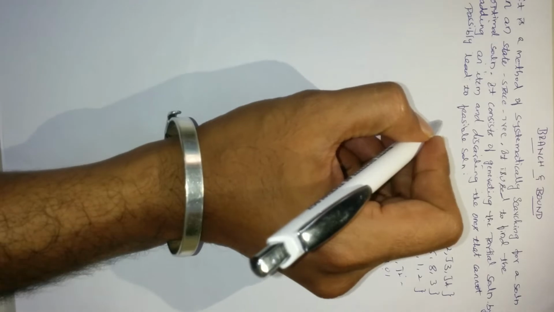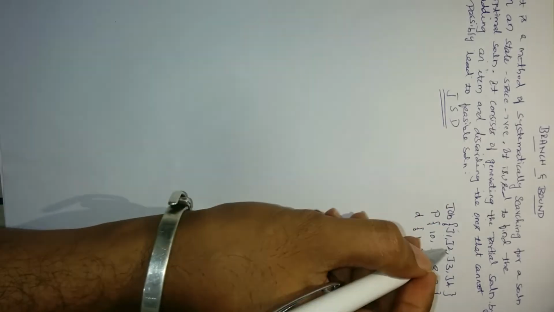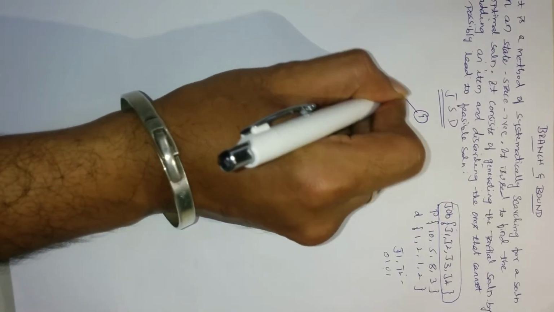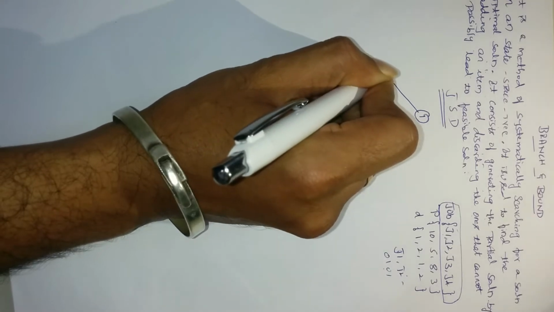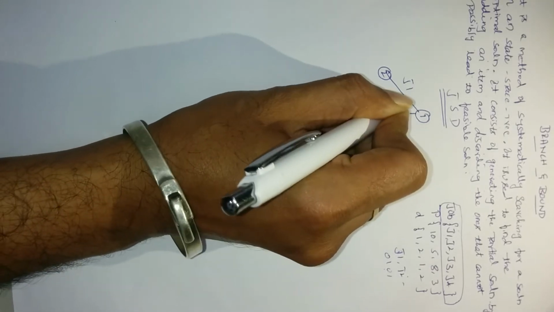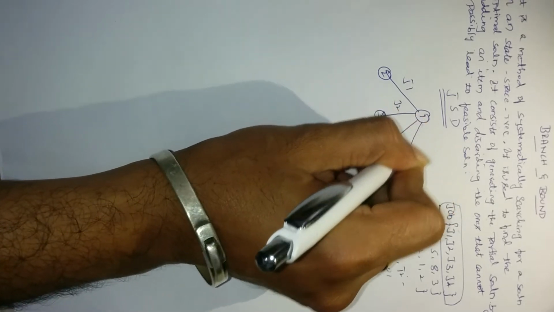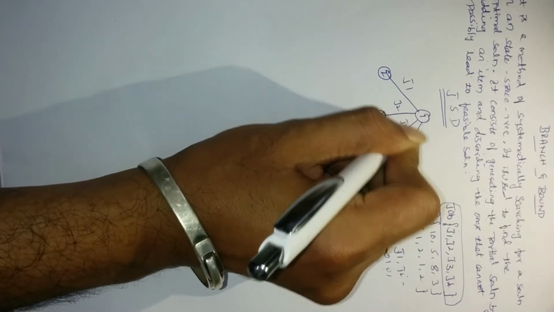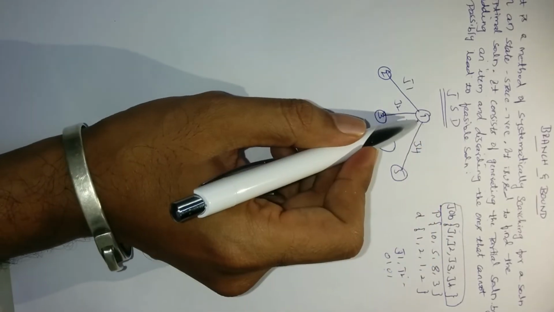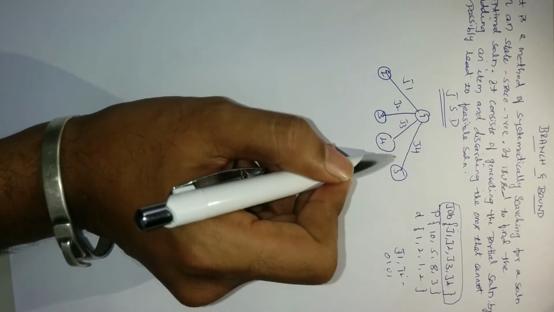First, I will take one state space tree. This is the job sequencing with deadline problem. I am taking this example, J1 to J4. First the root, then J1, J2, J3, J4 as nodes 1, 2, 3, 4, 5. In the branch and bound method, we write the state space tree like this.